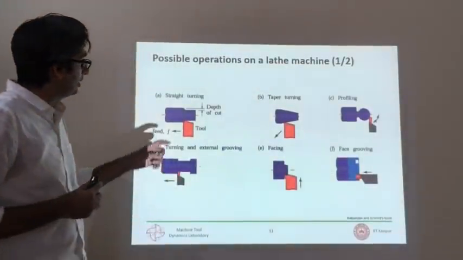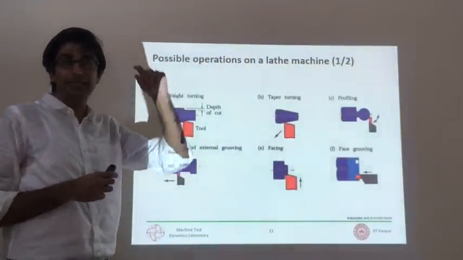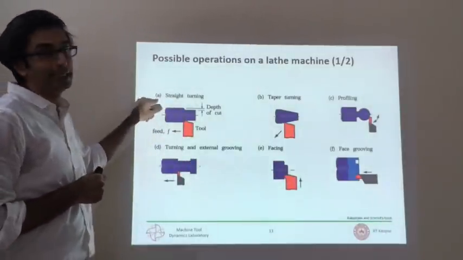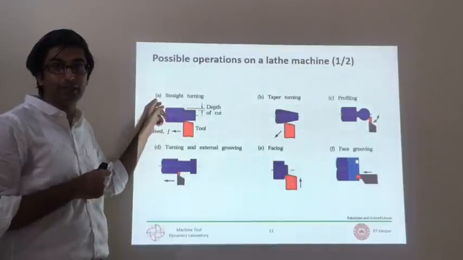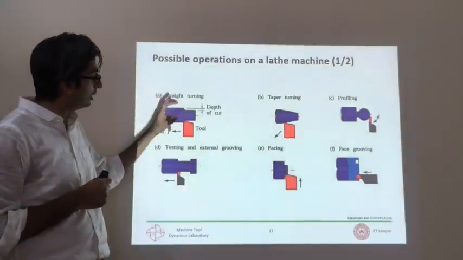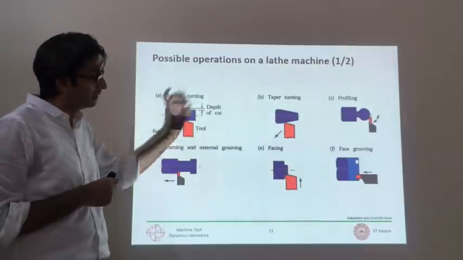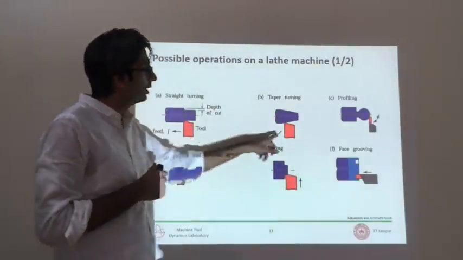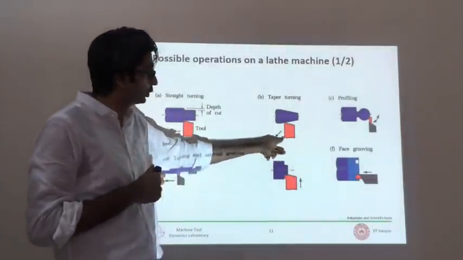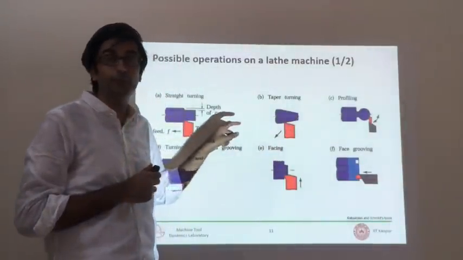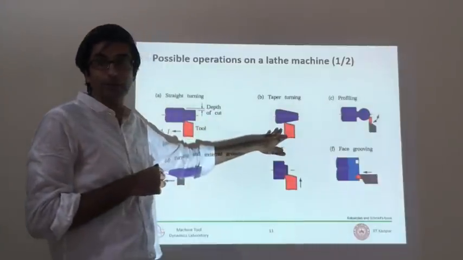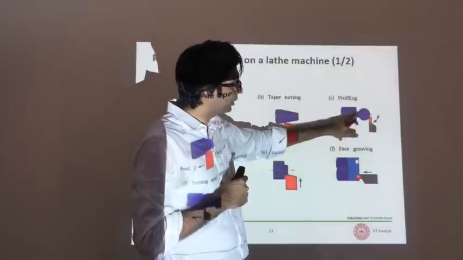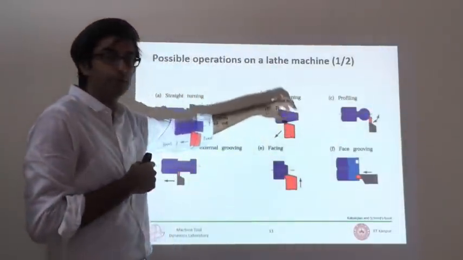Alright, so what we showed you earlier in the detailed geometry for one tool, those 11 different parameters, is for the tool in A, which is for straight turning, and you saw that you're locally reducing the diameter. There are many other operations possible on that manual machine. One of them is called taper turning, in which you're essentially creating a taper on the workpiece. There are 2 ways to do this, and I'll talk about both. There is profiling, in which again you're making some kind of free-form surface.